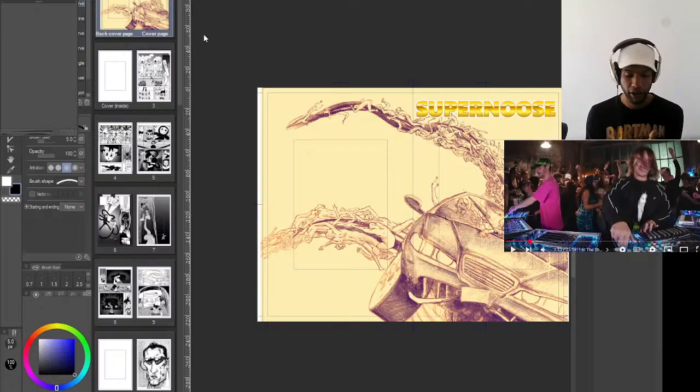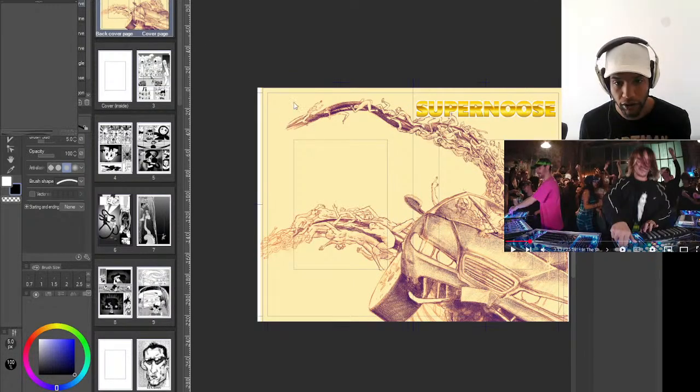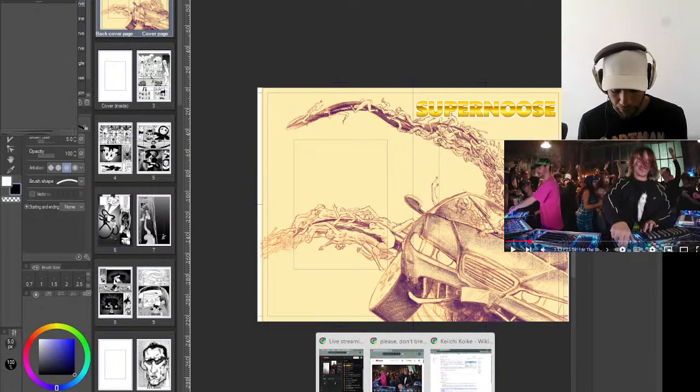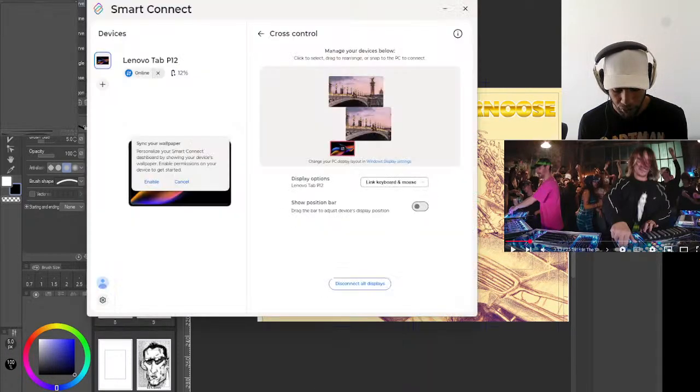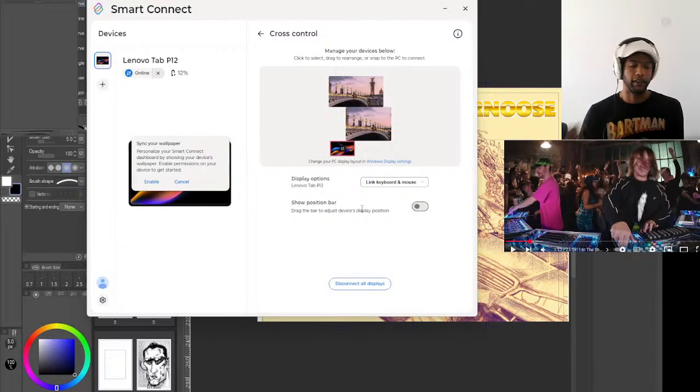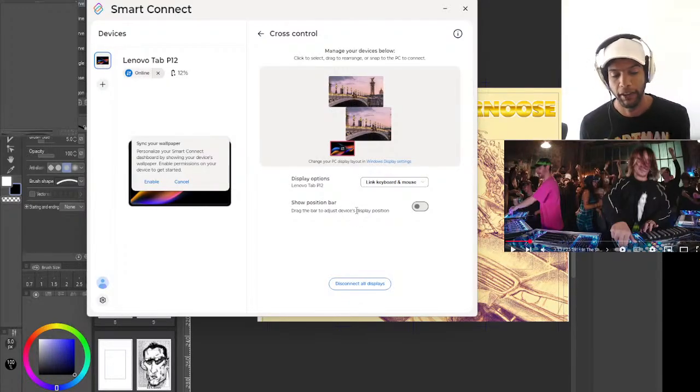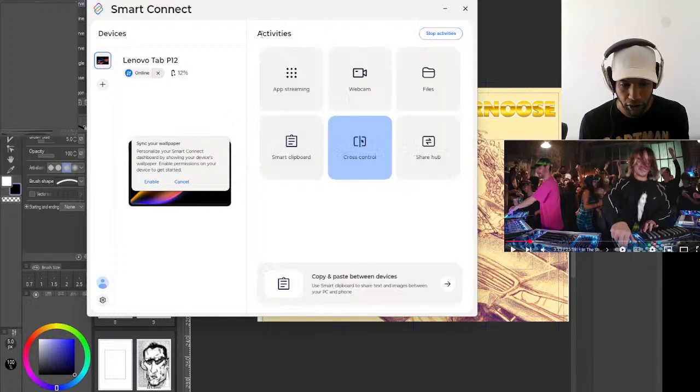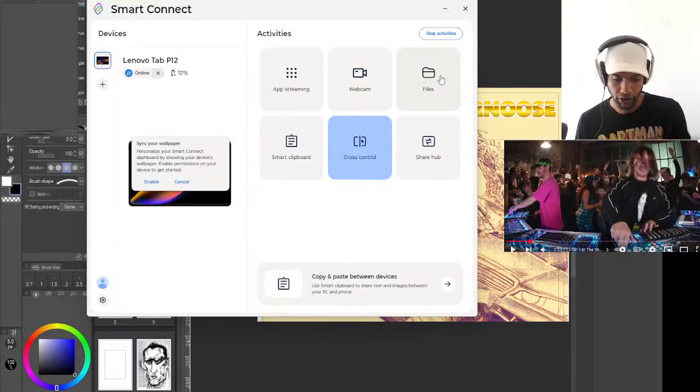But yeah, and then the file share. There's a file share feature on Smart Connect that is really helpful to get your files to and from. That was the other problem I always had using my iPad, getting stuff off of it and being able to work on it in other places. It wasn't very streamlined. With this, there's file share, there's files, and then there's share hub. Files lets you look at all the files on any of the devices connected to your Smart Connect.